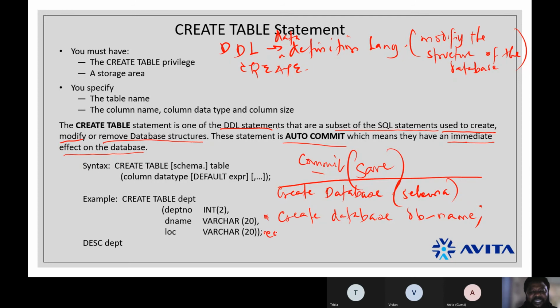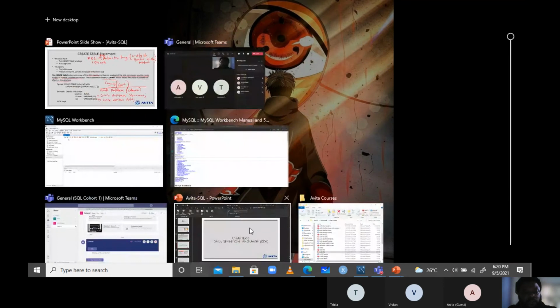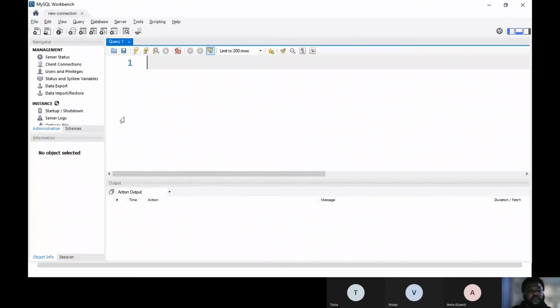So I'm going to give an example. We say create database Avita. It's as simple as that. Now, I want to show you another client system. But before we do that, let's try it on MySQL and see.